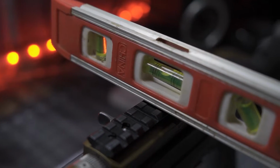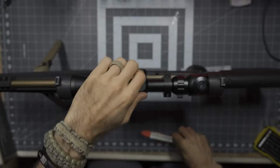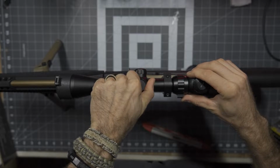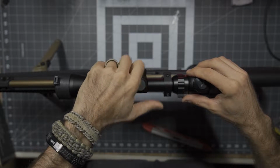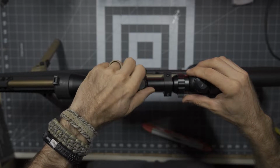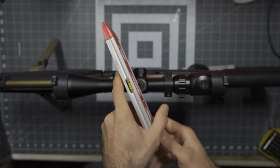And then in terms of the horizontal direction, that's not going to be a problem, because this pretty much just needs to get rocked in the right direction, and I can get that pretty darn close. Now, not perfect science here, but close enough for my needs. Which means as I go to mount this scope, I can get it kind of close. And when I say kind of close, again, I am not an expert. I do not need to be super precise,